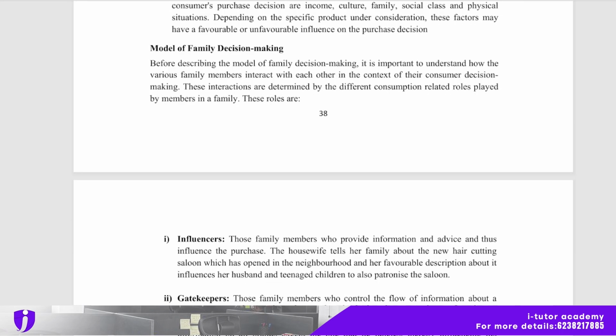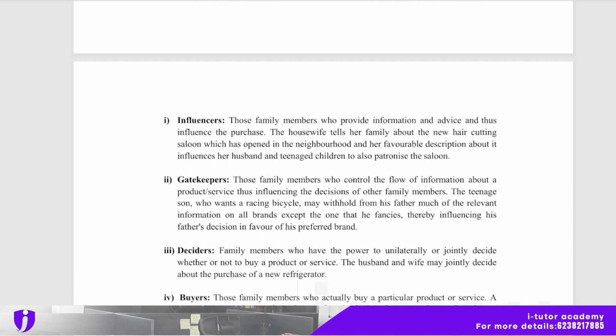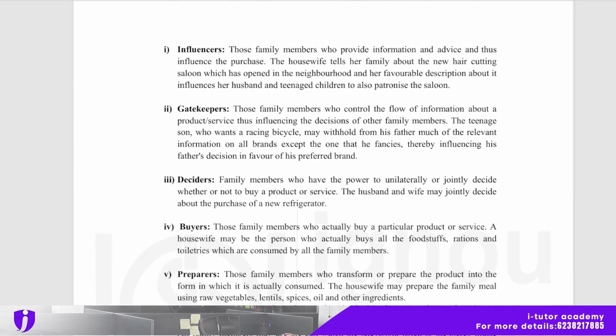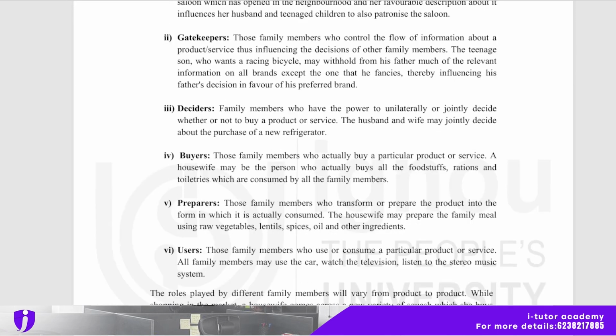Model of family decision making. Before describing the model of family decision making, it is important to understand how the various family members interact with each other in the context of their consumer decision making. There are influencers, those family members who provide information and advice and thus influence the purchase. And gatekeepers, those family members who control the flow of information about the product or service, thus influencing the decision